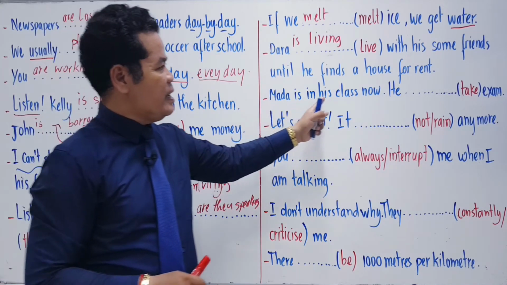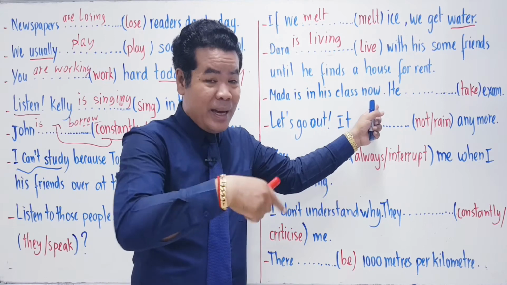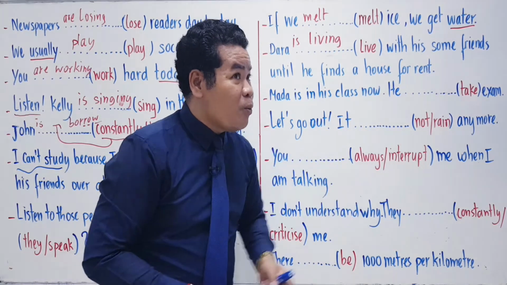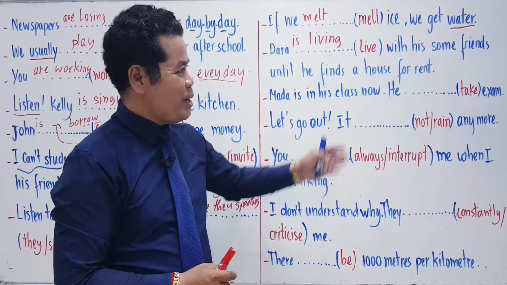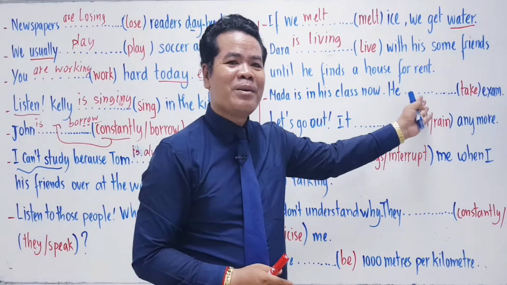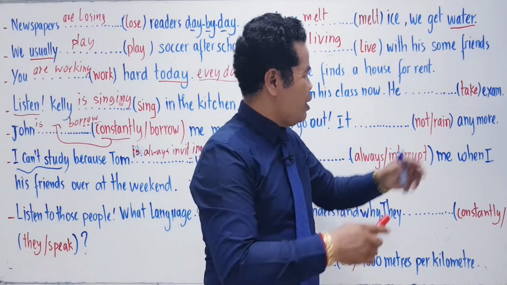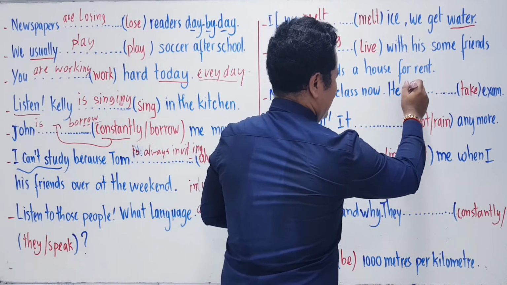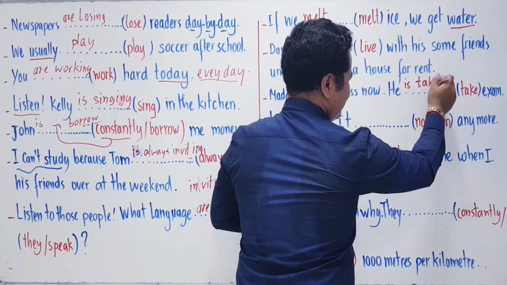Mada is in his class now. What is he doing in his class now? So, what is it? Present progressive. So, what do we have? He what? He is, again,